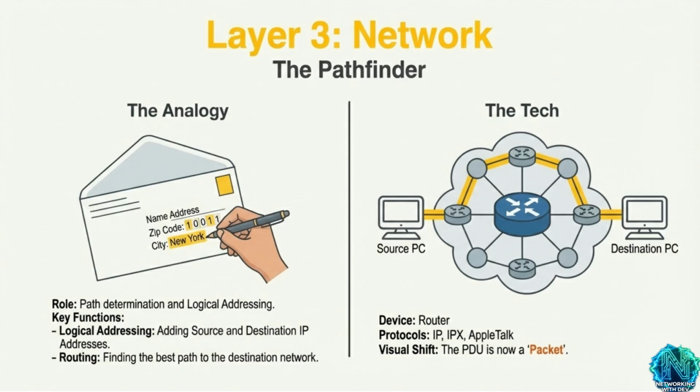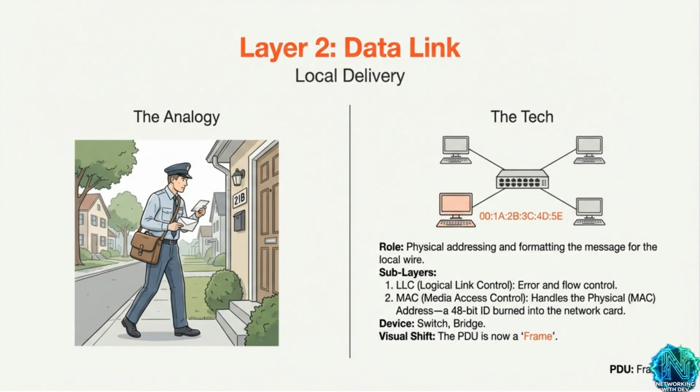With our packet addressed and the best path identified, we're ready to zoom in from the global network to the local wire. Having determined the path across the global network, we now descend to Layer 2, the data link layer, focused on local delivery. Looking at our analogy on the left, imagine the mail carrier has received your letter and is now preparing to drive it down your specific street to find house 21B. In the digital world, this layer handles the formatting of the message for the local wire through two sublayers. LLC, Logical Link Control. This acts as the final check for error and flow control before the data hits the